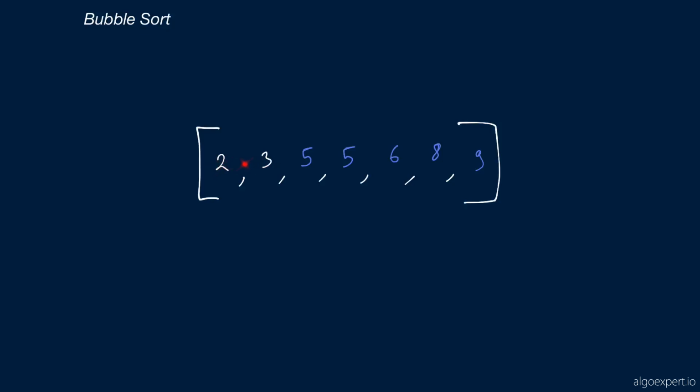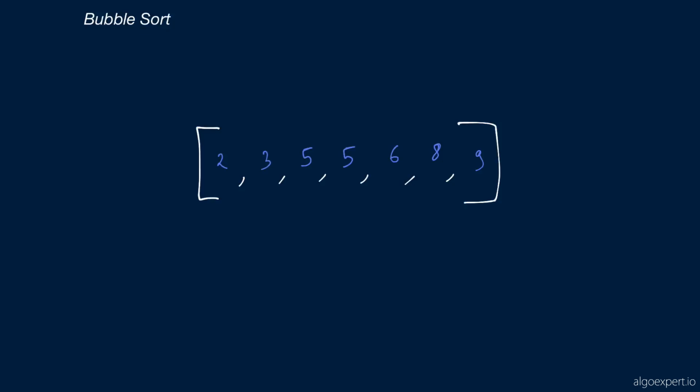Start at the 2. 2 and 3 are in the correct order, so we move on to 3, and wait, we're done. We're at the final thing that we needed to check in this loop. So now, because we didn't perform any swaps in this final loop, we are actually finally done. And I can erase the 2 and the 3 and put them in purple just to show that they're in